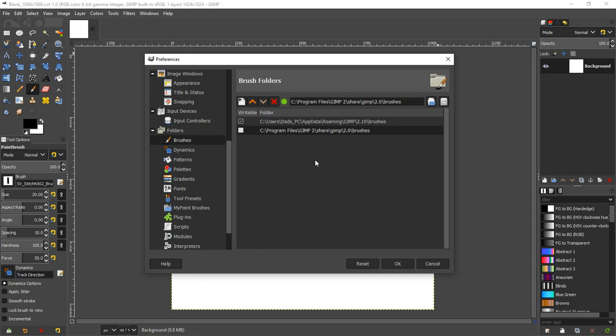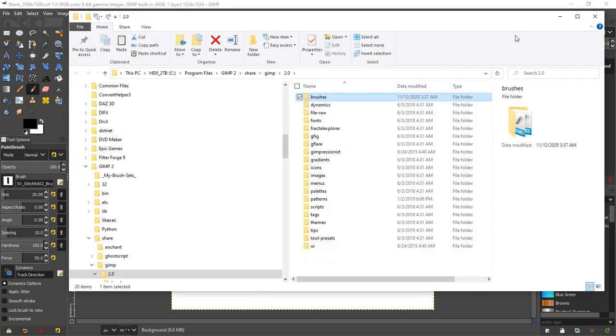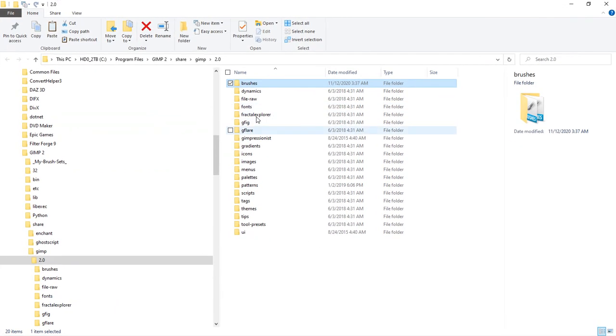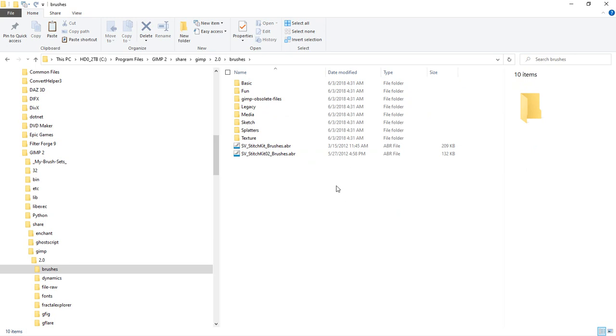We, however, had copied some into both just so we can show you. So we're going to start with this one down here, which was the one for admin access. This little folder picture here, I think if we hover over, I thought it would tell us. There it is, show file location in the file manager. So by selecting this bottom one and then clicking this, it'll actually open us up in Windows Explorer in the location that was in that line at the top. And it opens up to the top level brushes here. We still got to double click the brushes to get into that directory. And you can see in here we've got some